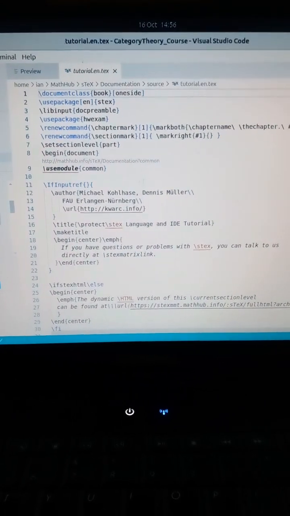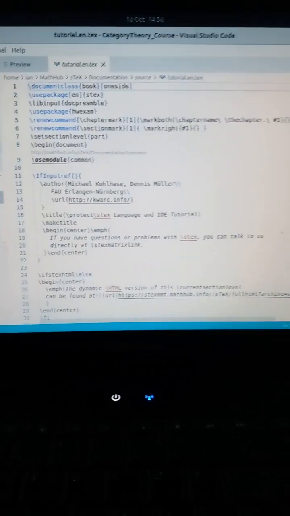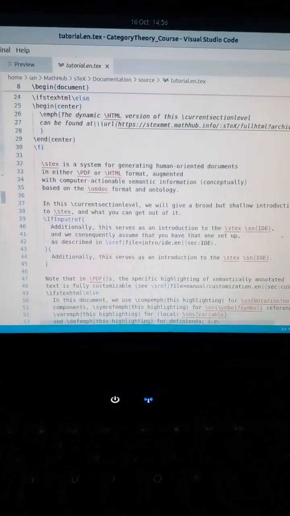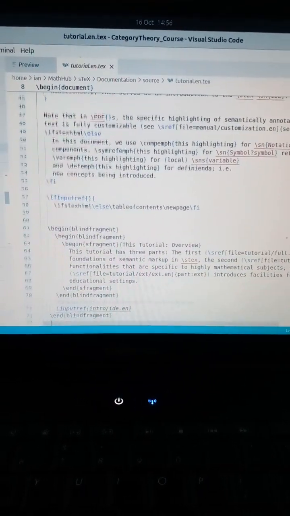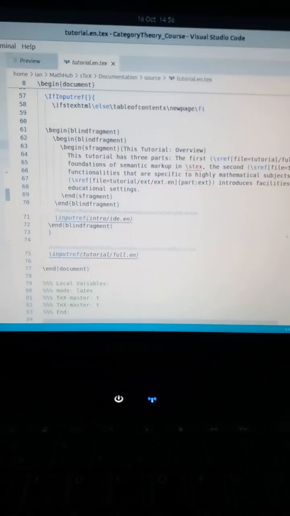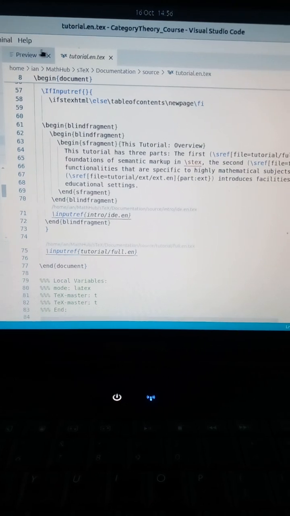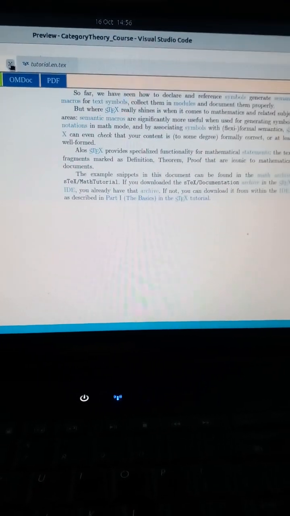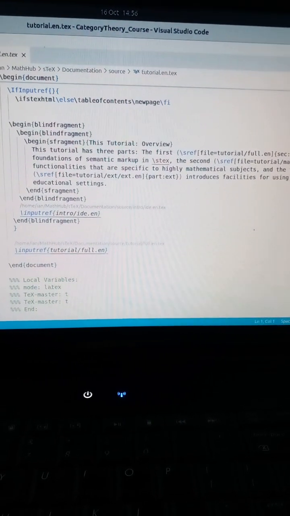So you can see what they had to type in order to produce these things. So if we go back,